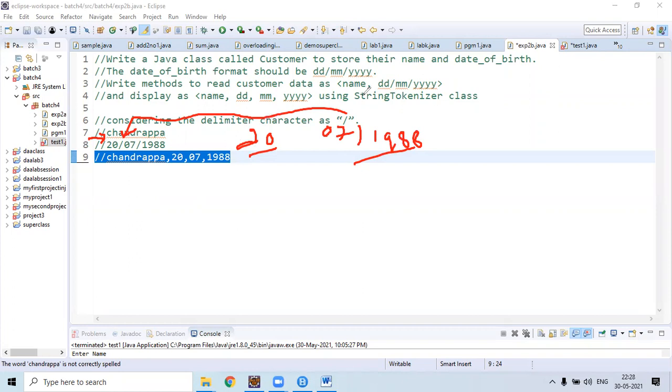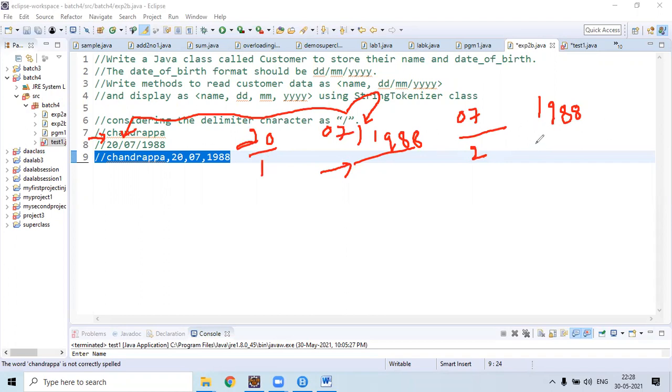Next, the string tokenizer will continue scanning in the right part. It will search for a delimiter once again. Here delimiter is a slash. Once again, a slash is matched with this particular character, and this entire string is divided into two parts: 7 is one part, then 1988 is another part. So this acts as a second token. Here 20 acts as a first token.